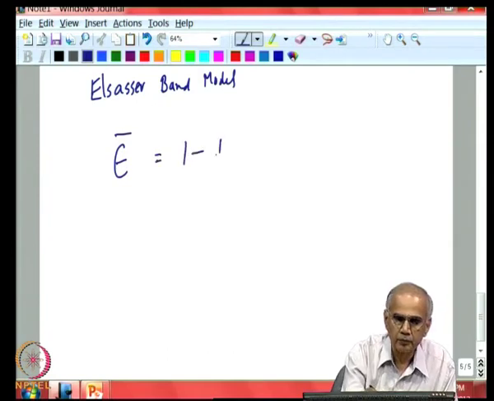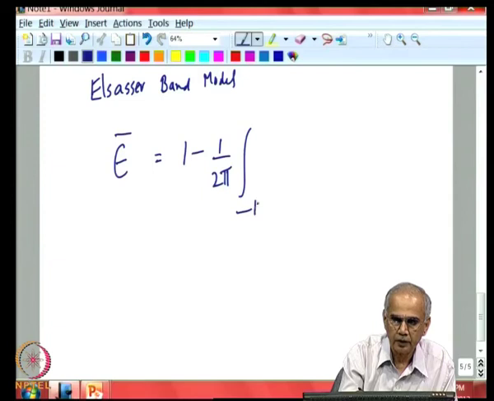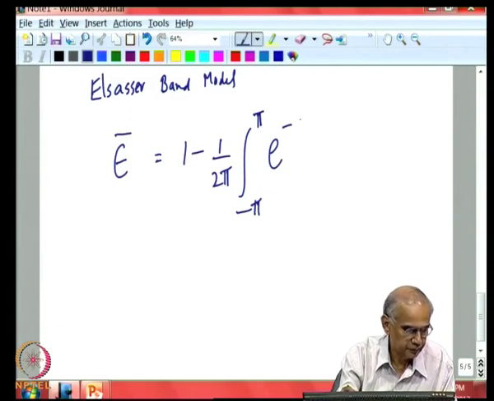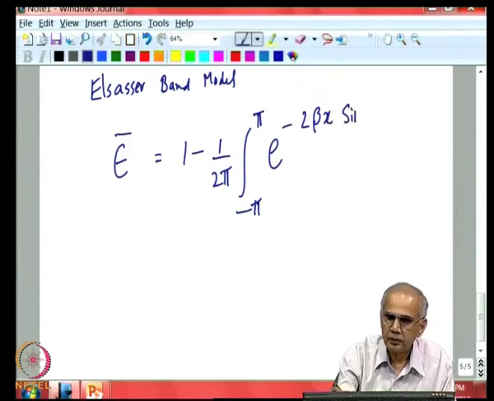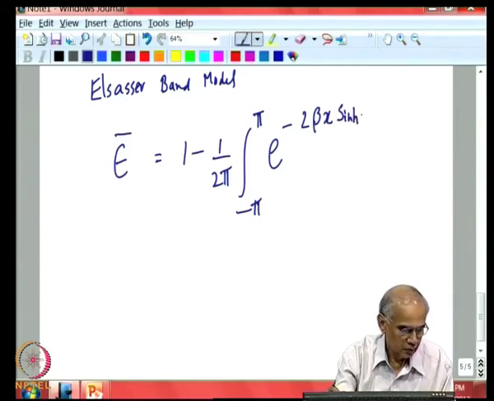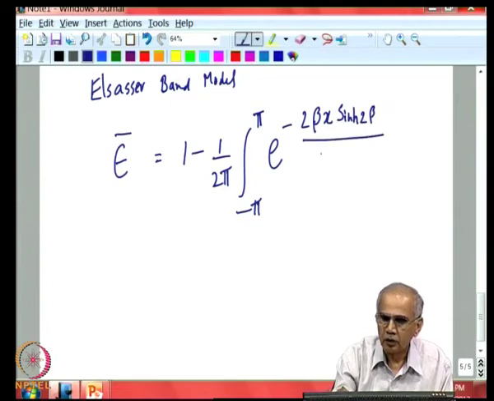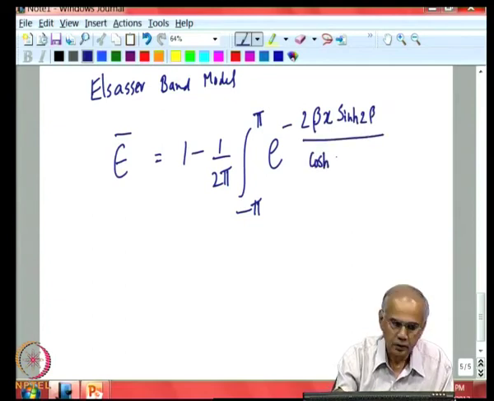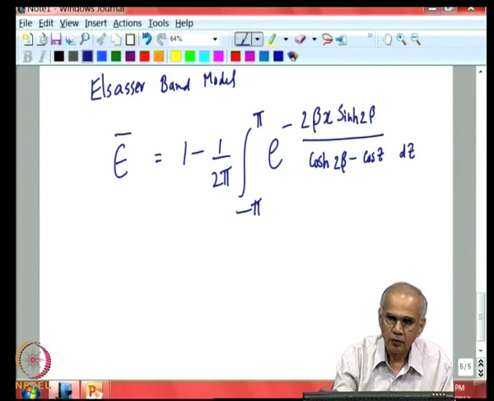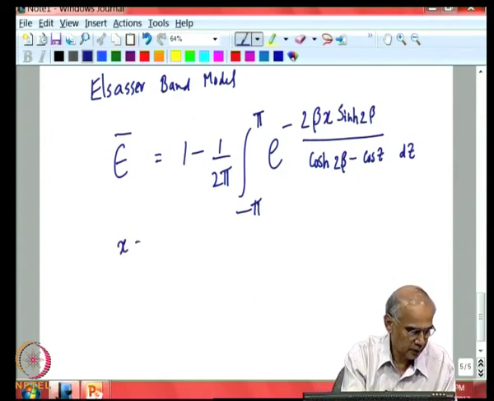Then you have to write this as 1 by pi, integral from minus pi to plus pi of one of these lines, e to the power of minus 2 beta x, times sinh over cosh hyperbolic cos minus cos z, dz, where x is nothing but